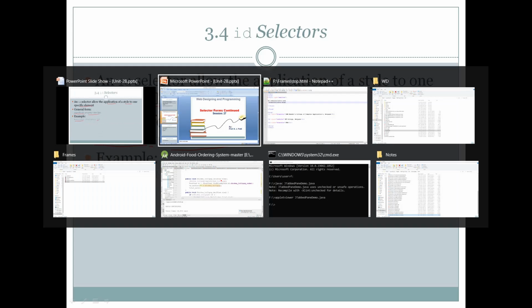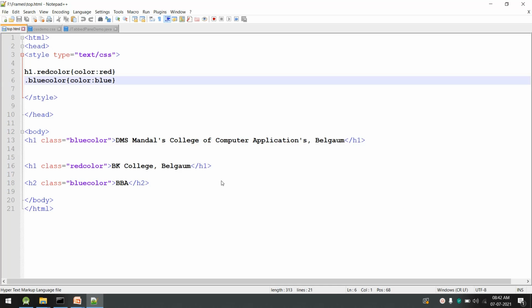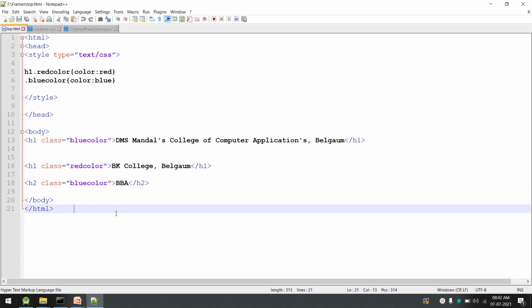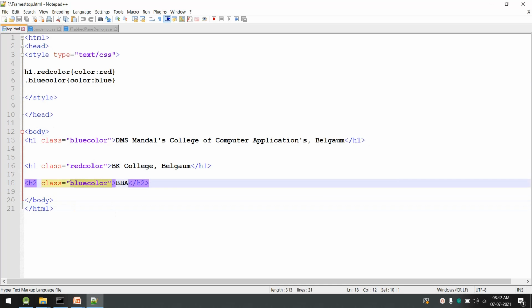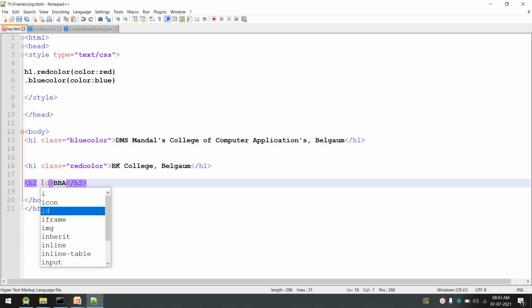Now let us see an example on this. I'll just move to Notepad++. Okay, this is our earlier example. This is my HTML code inside the body, and for BBA I'll remove the class and use an ID. IDs are used in the tags to identify the particular element. An ID can be any unique value for a tag.